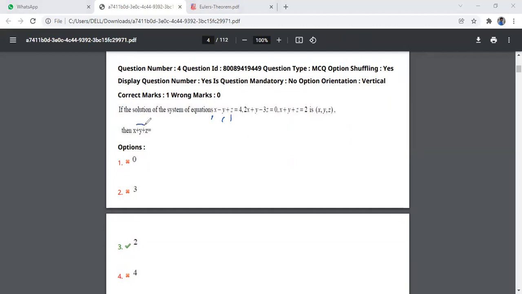They are asking the sum of the XYZ values. If they are asking just the XYZ values, you substitute those values in the X, Y and Z places, and if the equations are satisfied, then that is our option. To avoid that simpleness, they are giving X plus Y plus Z. That means we need to find X, Y, Z compulsorily, but that is also not a big deal. So here we will just use the 10th class basics cancellation method, that means the elimination method. If you know it, you can apply it here directly.